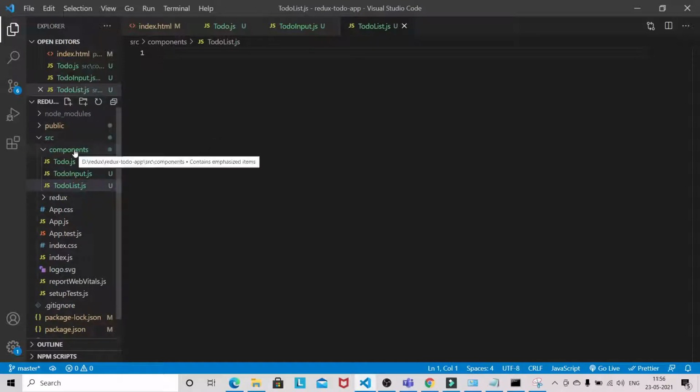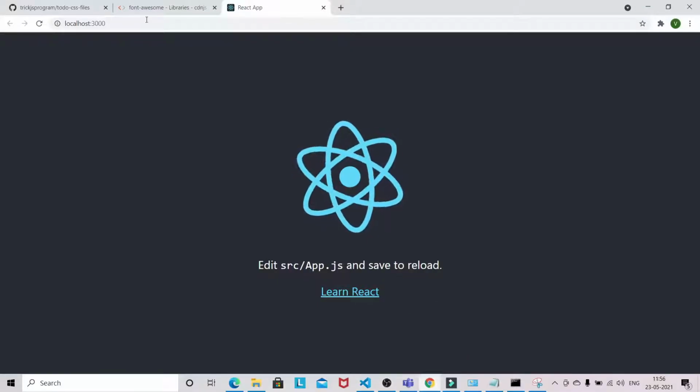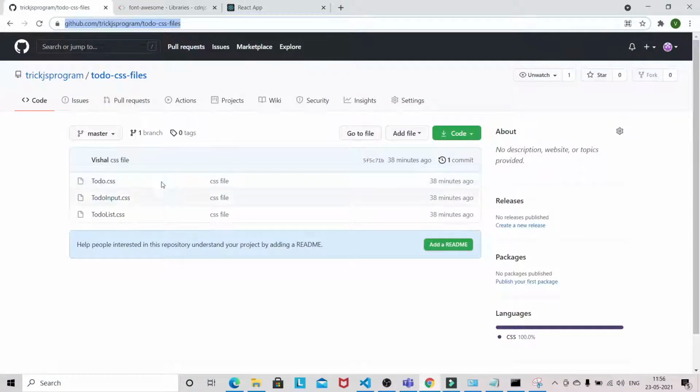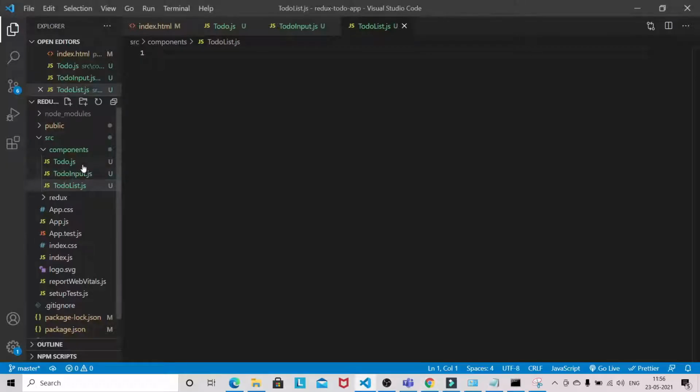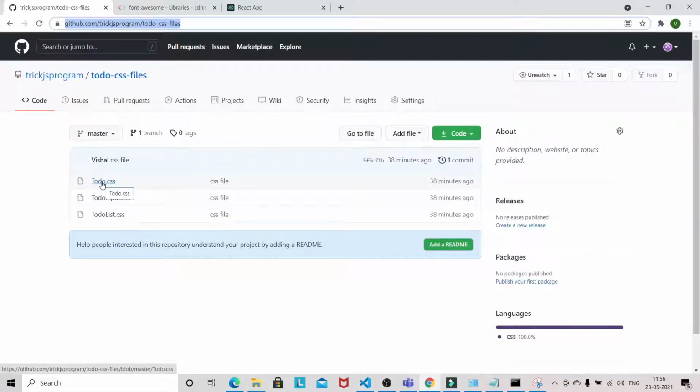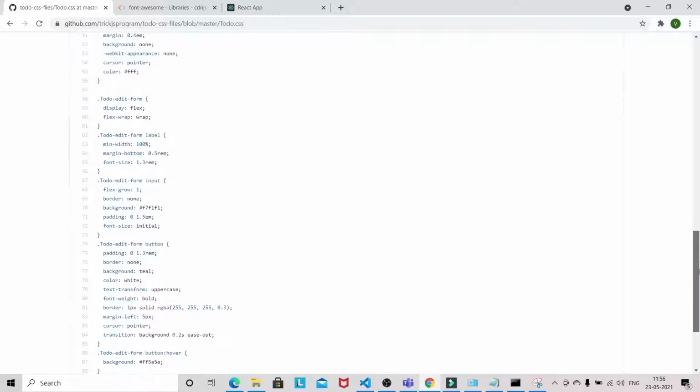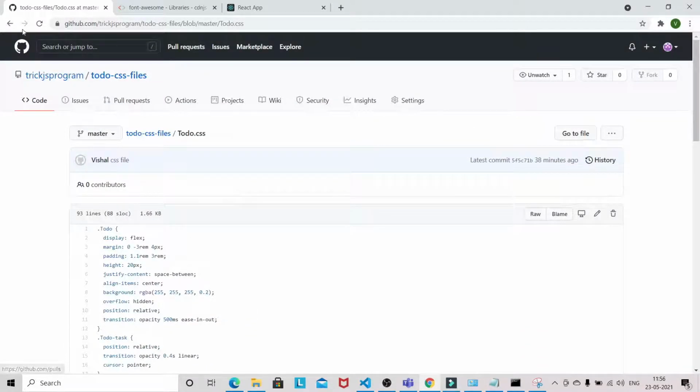So guys, I already have a CSS file for all these three files. I will provide a GitHub resource link in my description, so you can download this file and paste it in the components directory. Because there is a lot of CSS code, I don't want to waste time here.